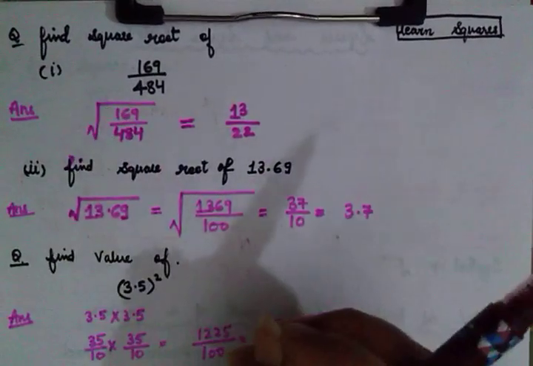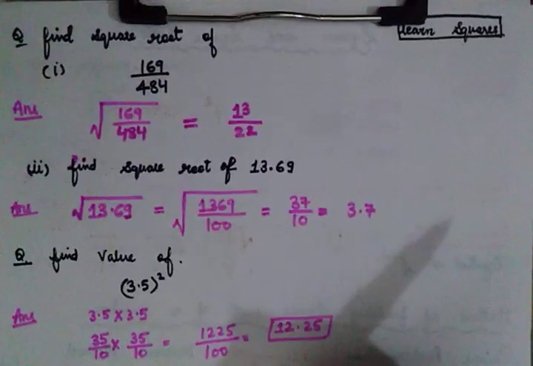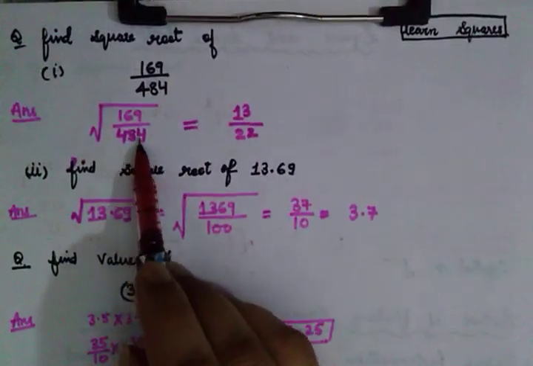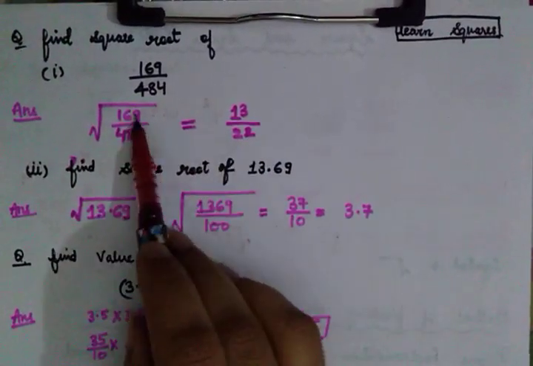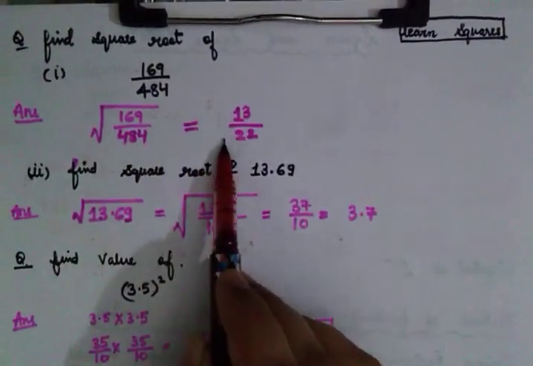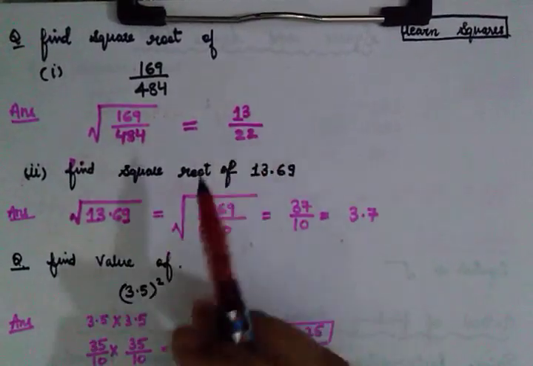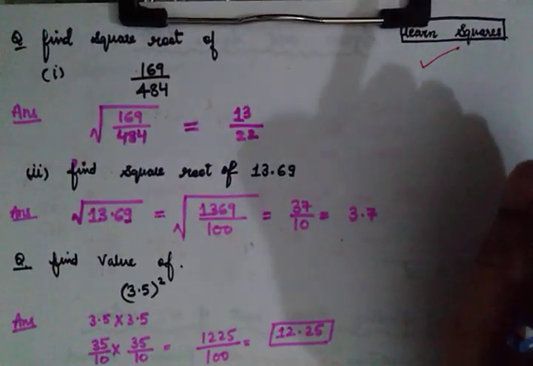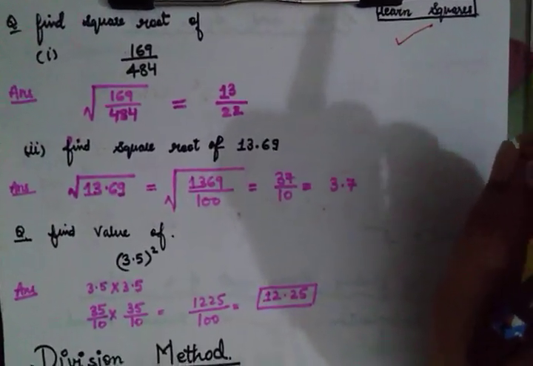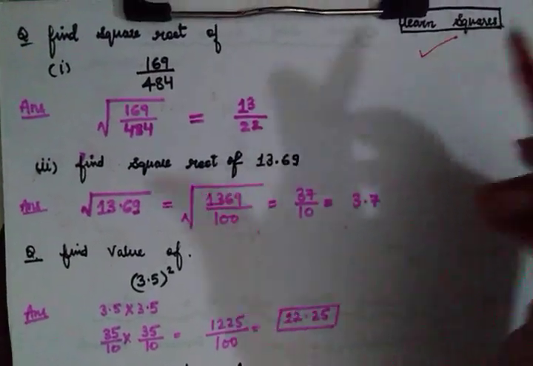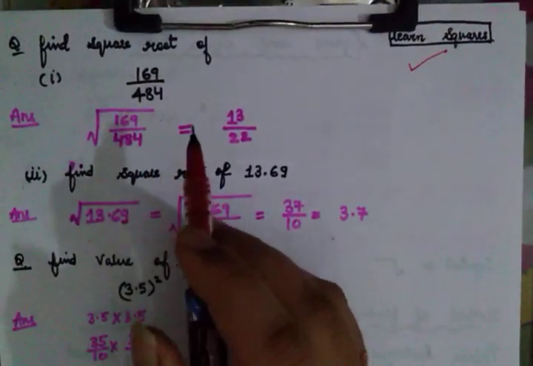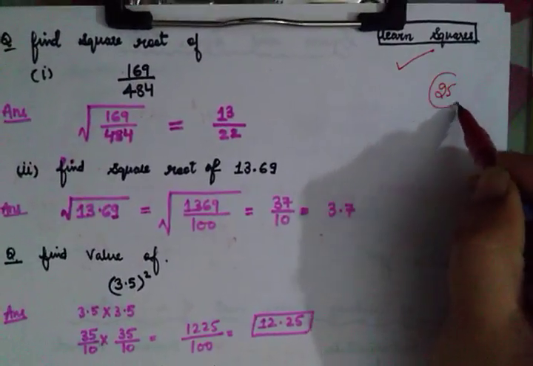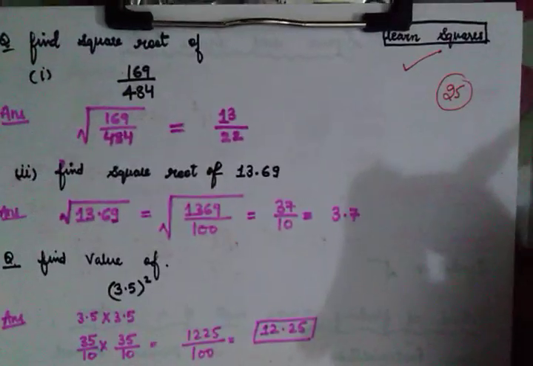Now if you remember the squares, it's very easy for you. The square root of 169 is 13 and the square root of 484 is 22. Numerator part we have solved, denominator part we have solved. Write them again in the fractional form and this is your answer. And please students, please learn the squares. It will lessen your efforts. Otherwise you have to calculate for each and every number and sometimes you might get stuck. So at least squares till 25 you should learn. Many of the calculations will become very easy for you.